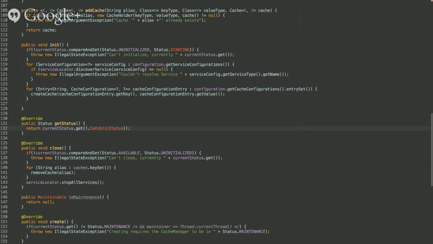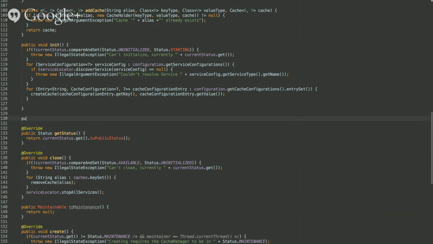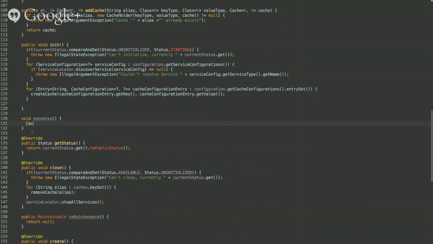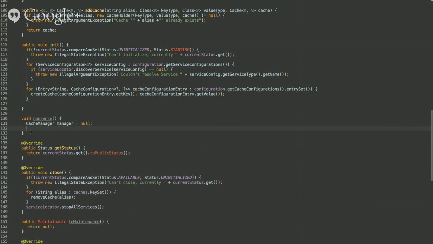Let's look at the user code here for a sec, right? Oh, don't click here. Click here. Okay. Let's pretend. No, it doesn't need to be. Right. So let's say I got my cache manager. Yep. Manager. No, it's nonsense. How do you spell nonsense? The way you spelled that, Word never spells it. Nothing makes sense. Nonsense. It's nonsensical. manager.get status